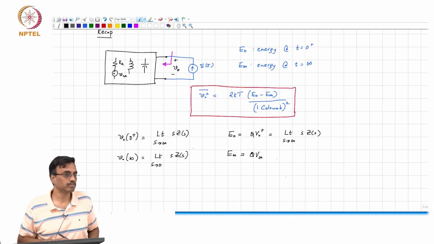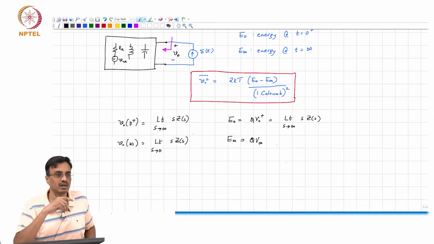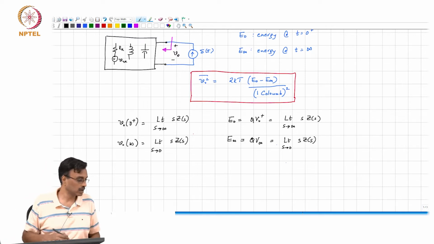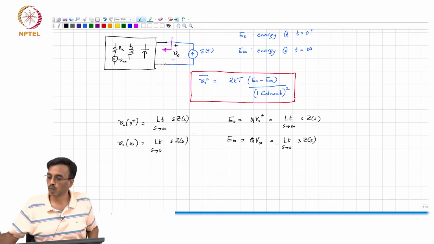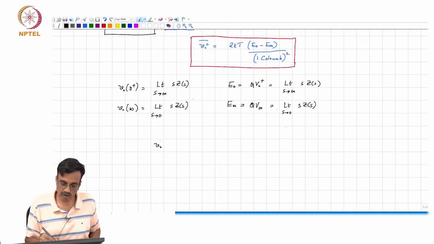Okay. So, what is E0 minus E infinity? This is nothing but Z of s. So, what is this equivalent to? So, the mean square noise is nothing but,